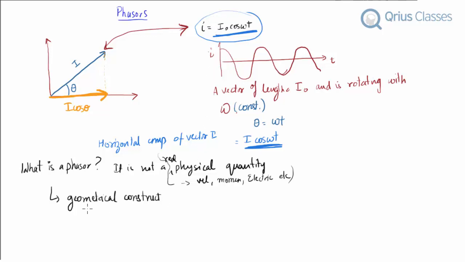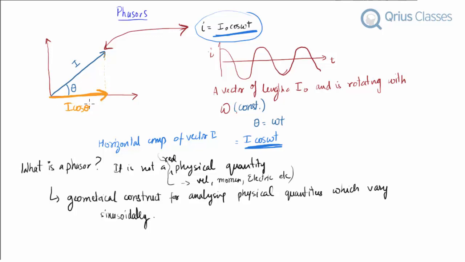It is a geometrical construct for analyzing physical quantities which vary sinusoidally. This must be pretty clear, because since we are taking the components of a vector, the horizontal will be cos theta, the vertical would be sin theta. So basically this construct will give us information about sin theta and cos theta, that is, about the physical quantities